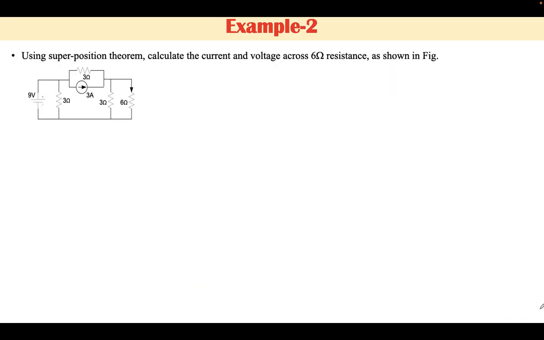Now considering the second problem, in this case we have to find out the current through 6 ohm resistance by using superposition theorem. Now considering the first source, 9 volt source, according to superposition theorem we have to consider one source at one time. Let here we consider first source as voltage source, and the other sources are replaced with their internal